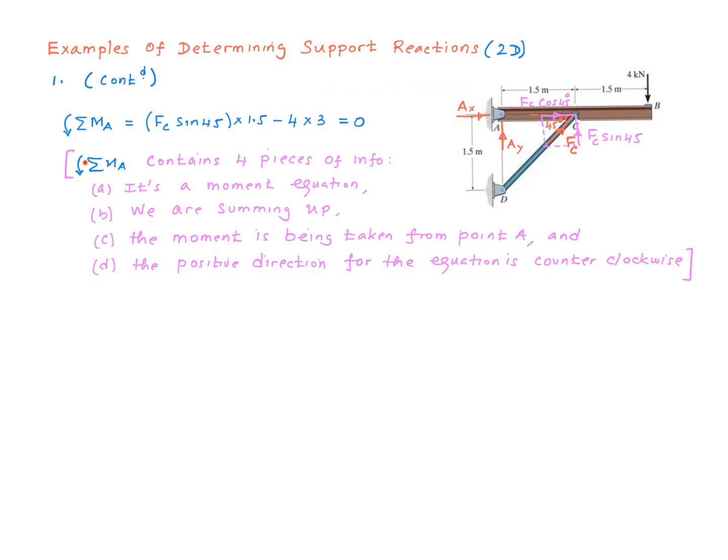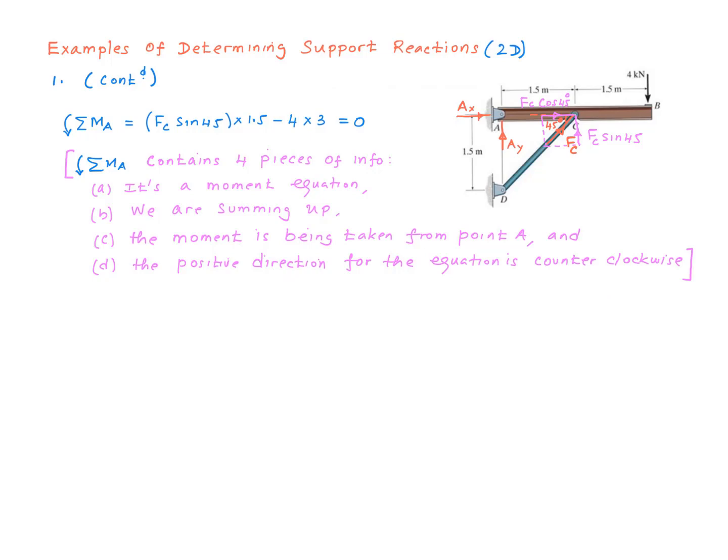Number two, use of the summation sign says we are summing up. Number three, this point over here, point A, indicates that we are taking moment about point A. Number four, which is perhaps the most important of all, is that this arrow indicates that the positive direction for